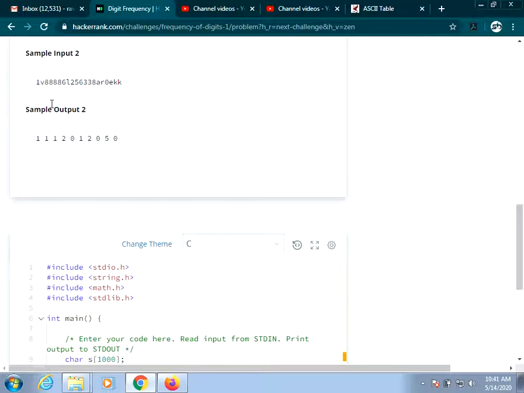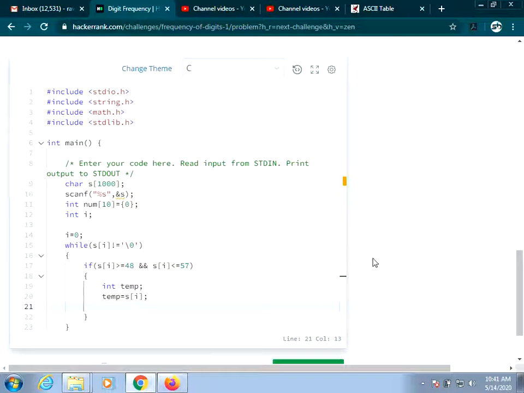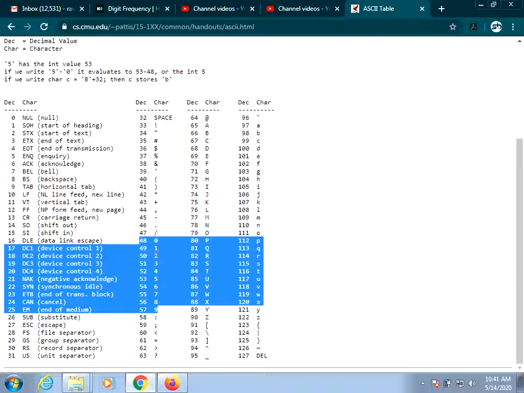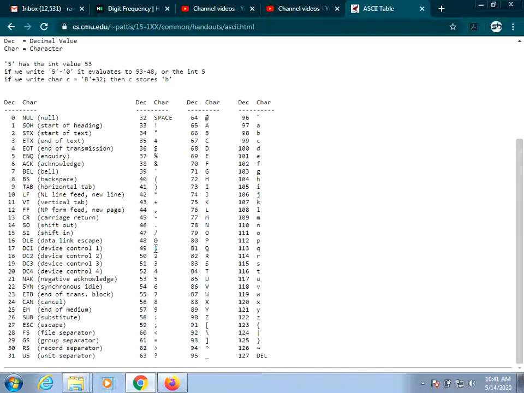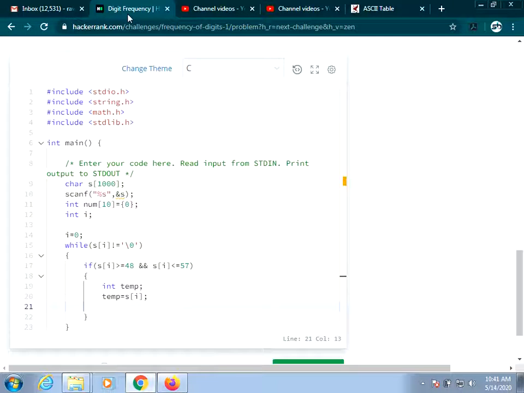For example, if your character is 1 here, temp will get the value 49. Now I have to use this 49, and 49 indirectly equals 1, so I can do S of I minus 48.